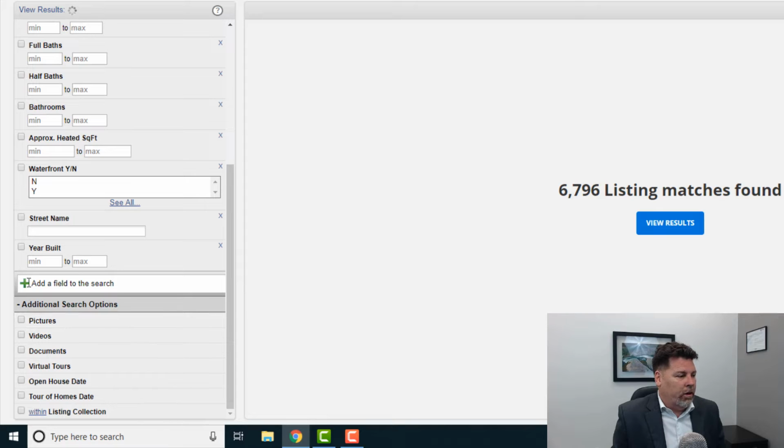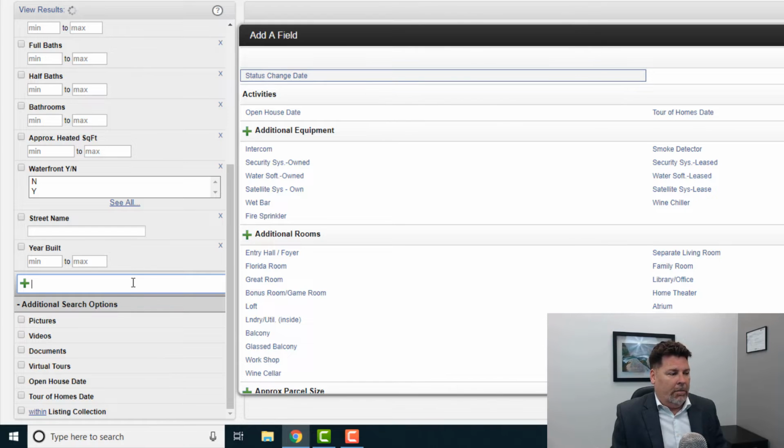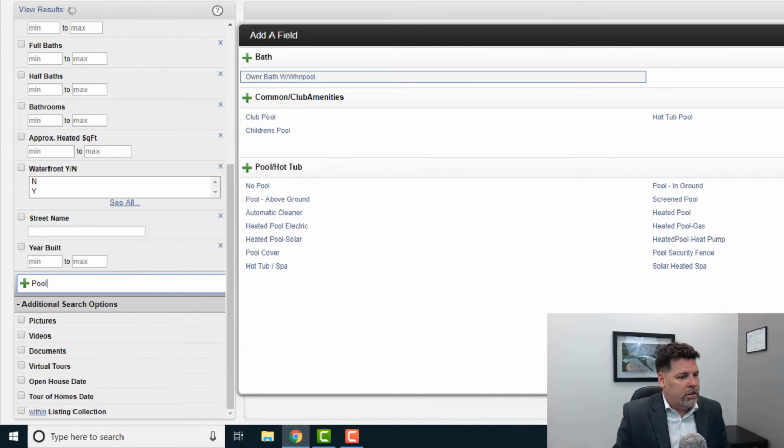So next we're going to go down here where it says add a field to search. And this is where I can add fields that I know I'm going to use on a regular basis for my customized search. Let's say for instance I am always searching for things that have to do with pools. So I will choose pool, and you'll see all of the criteria that have to do with pool come underneath pool or hot tub. Now I could choose one of these individually or all of these individually if I'd like,